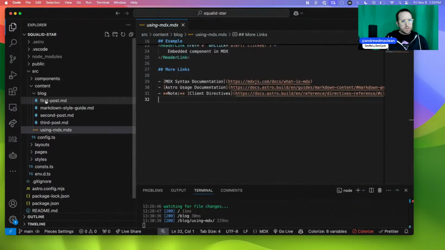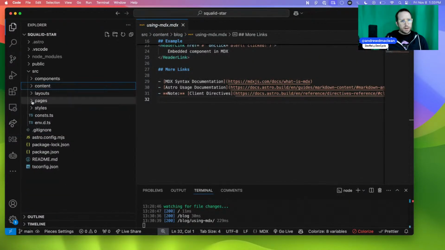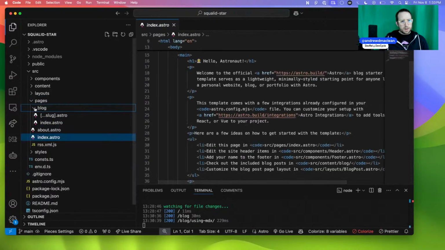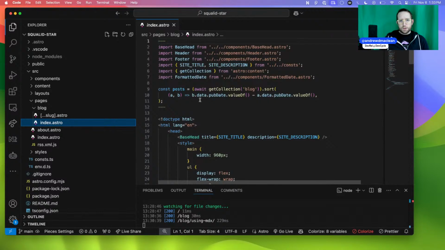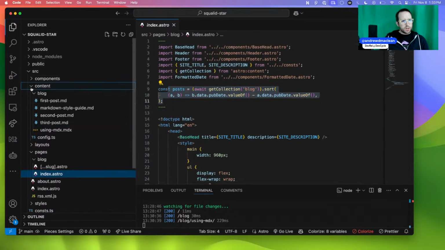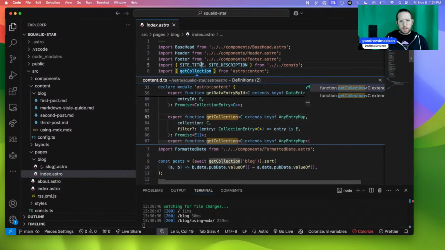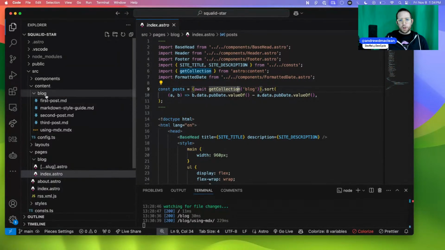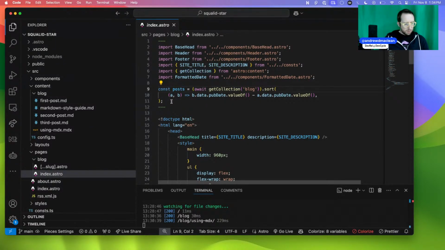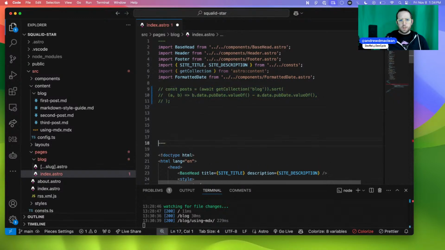So I'm going to go back into here. And I actually have, like, I think on my index page, is it my index page or my blog page? My blog page is my index page. So posts map. So it's grabbing these from a collection blog. Where's my collection in here? Content blog. Get collection from Astro content. Oh, cool. Okay. Astro content. And then get collection blog. So it's looking for the content folder and then the blog folder, and then it's doing it that way. So I'm literally just going to be replacing this, I think,